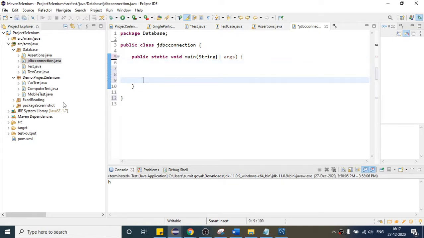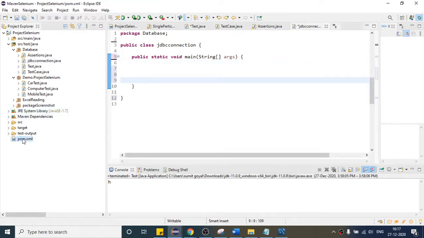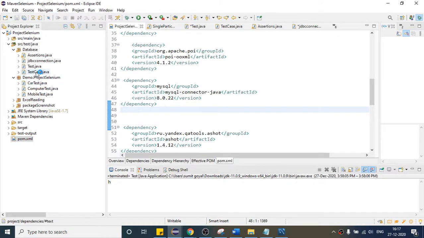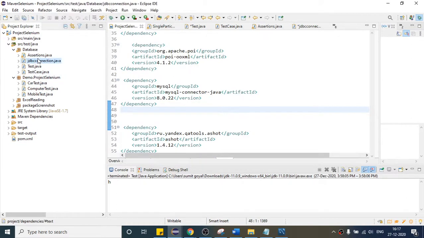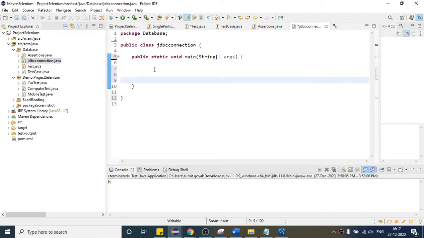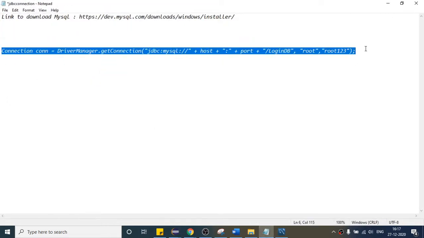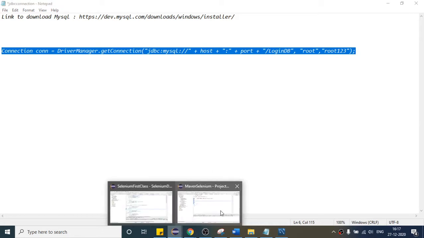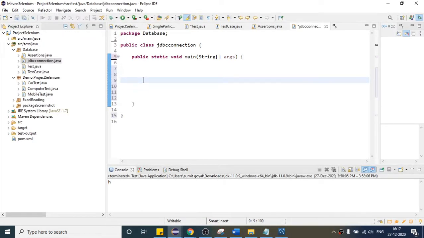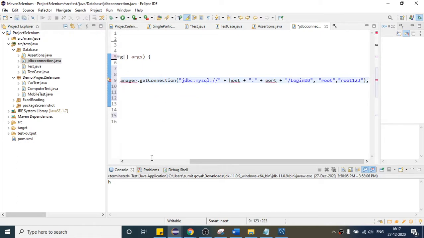So we injected the dependency in this pom.xml file. Now whatever classes we require, we can use here. So the very first step is we have to create one connection object. So how can we create it? So let me copy this. I am copying this entire line, because even if you write it yourself, you will sometimes get some error. So let me copy it directly and let me explain what it is. So I have copied this.